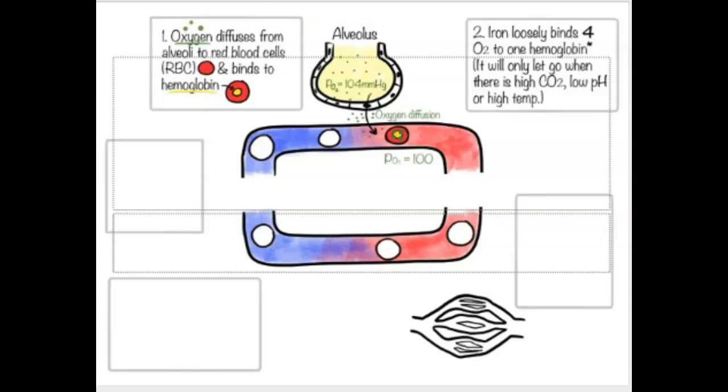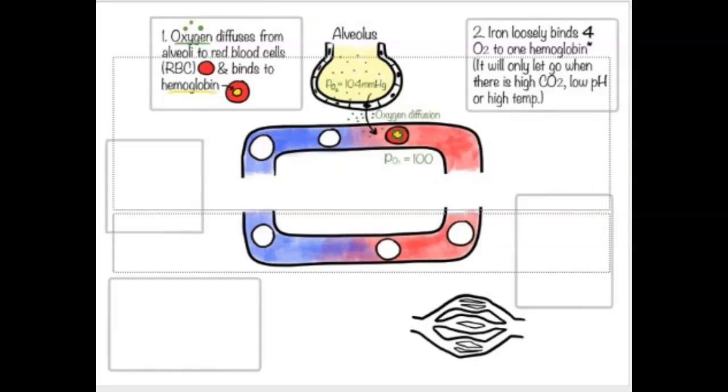So iron loosely binds 4 oxygen molecules to 1 hemoglobin. It will hold on to these until the environment is high in carbon dioxide, or the pH drops, or the temperature rises, in which case it will let go of the oxygens